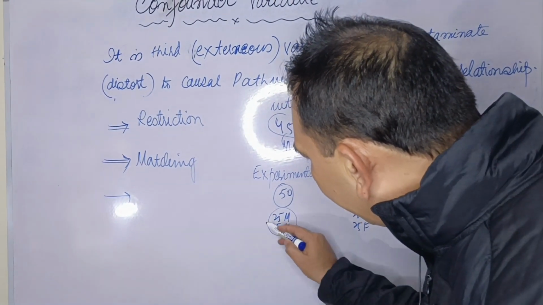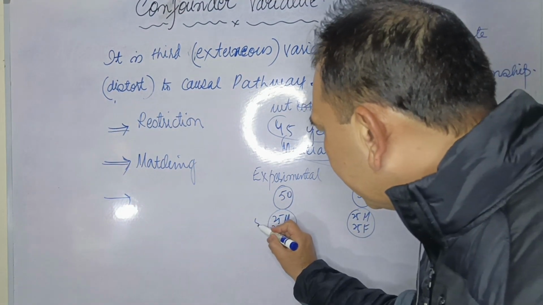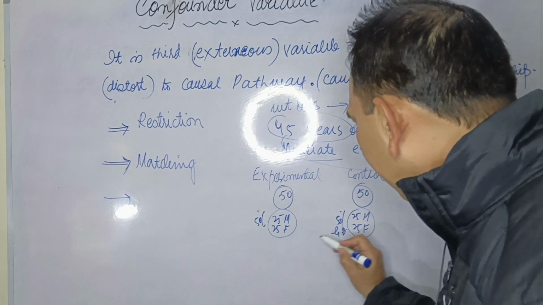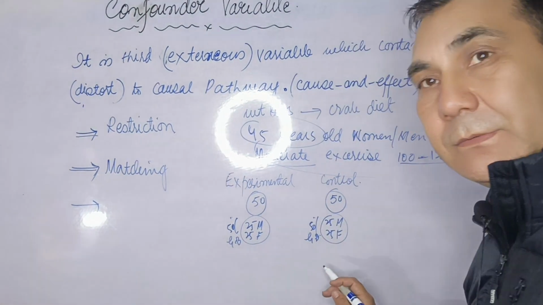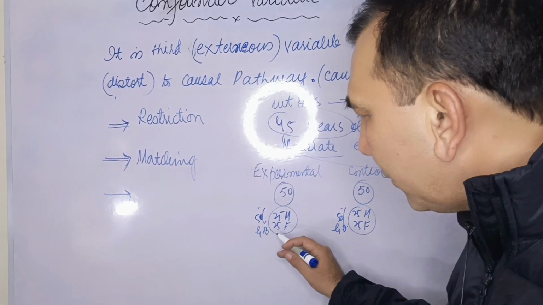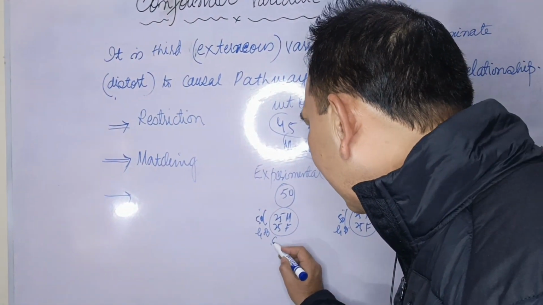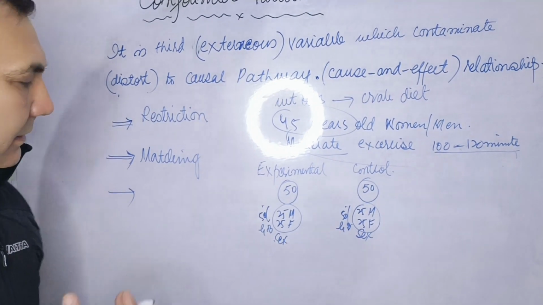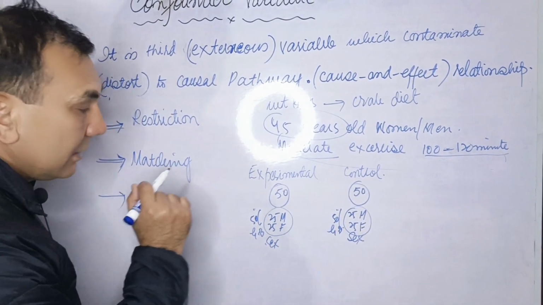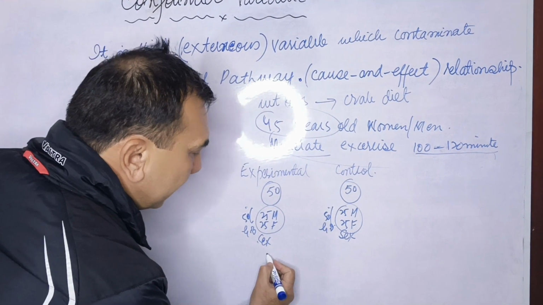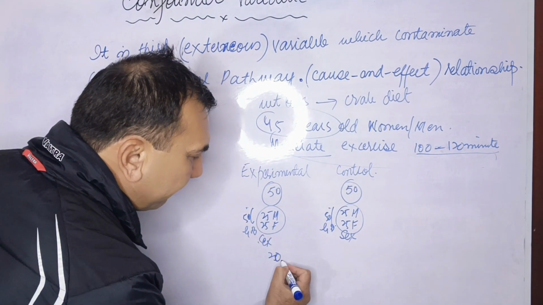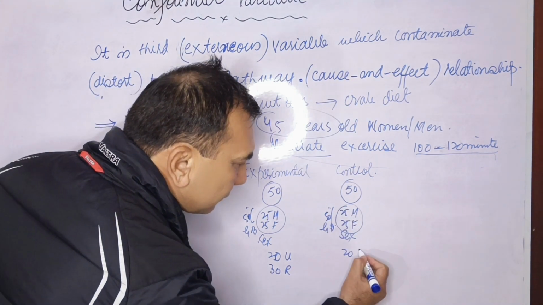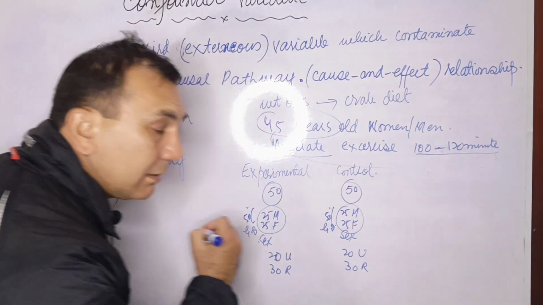So now this 50% proportion of the gender base is again the matching, the proportion in percentage, and again it is matching according to sex and the number of the proportion gender wise. Now again, if you took 20 from the urban area and 30 from the rural area, then definitely in the control group you will take 20 from the urban area and 30 from the rural area.